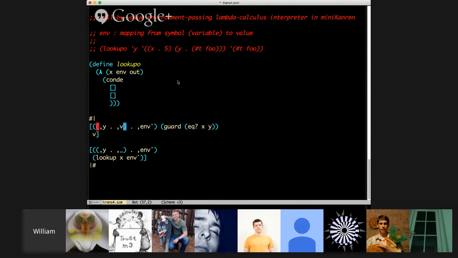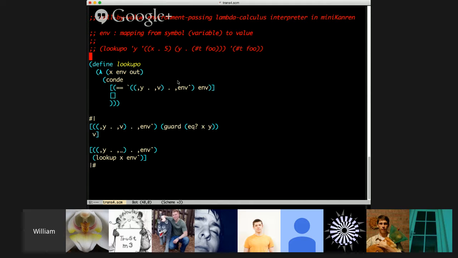Another case is when the environment looks like this. The environment has that shape, that pattern. Now in this case, because equal, when we're unifying things, it's not really pattern matching in the same way, we actually have to put the back quote on. We have to be explicit about that. If we used matchy, we wouldn't have to put the back quote on. Okay. So we have to put the back quote on this pattern, but otherwise you can just pull up the